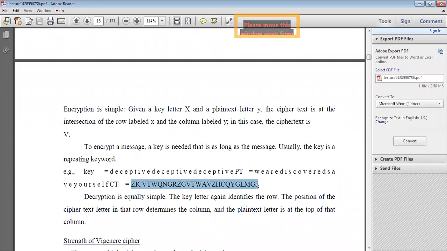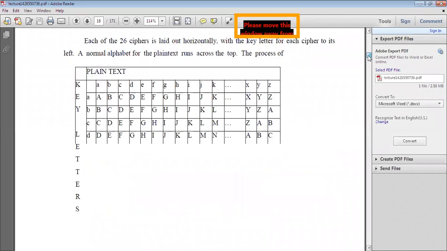This ciphertext you have to transmit from sender to receiver. At the receiver side, you receive this message. After receiving this message, again you have to decrypt it, like this way, with the reverse process. So what is the value you have to get?